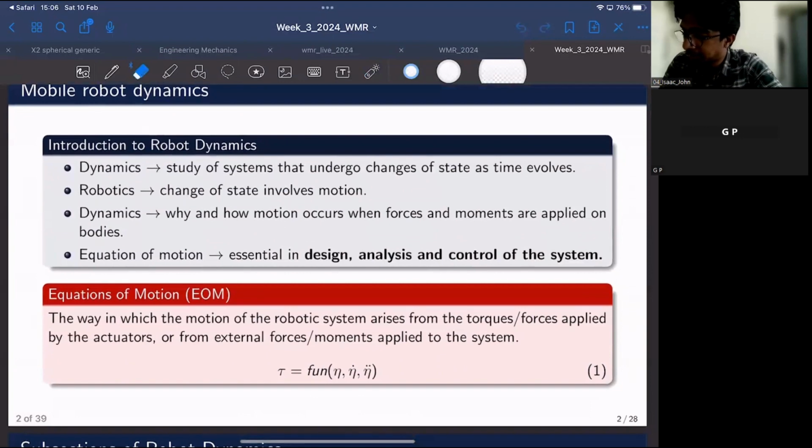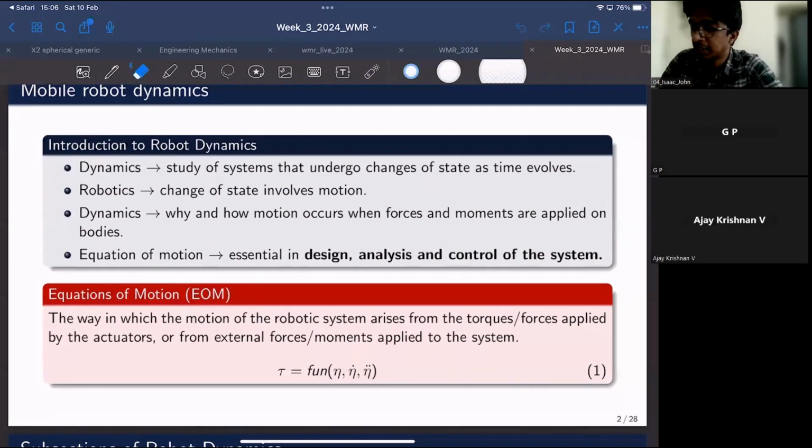And yes, regarding the equations of motion, the dynamic modeling of a robotic system or any mechanical system is essentially the derivation of their equations of motion. Depending on the degrees of freedom of such systems, there will be an equal number of equations of motion. Since we are dealing with a mobile robot that has 3 degrees of freedom, we'll have 3 equations of motion. And once we go through the procedure, we'll simultaneously derive all 3 equations of